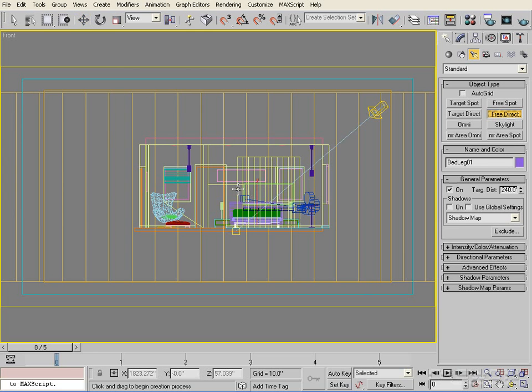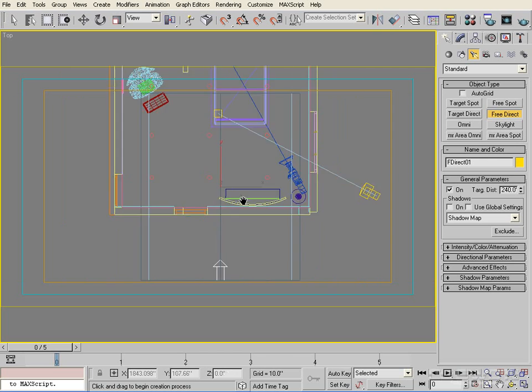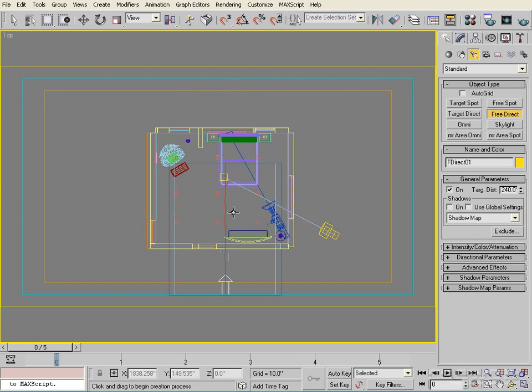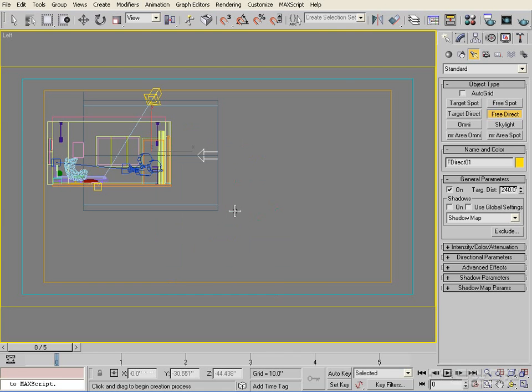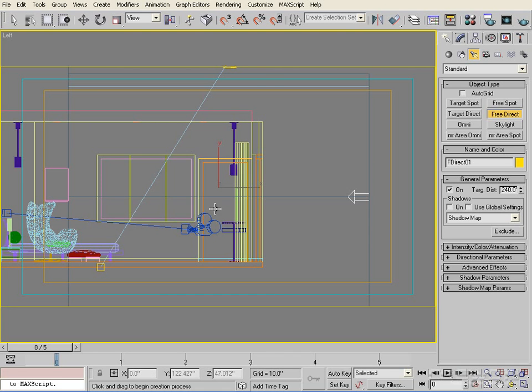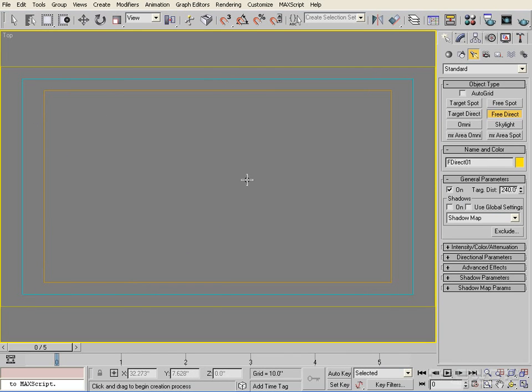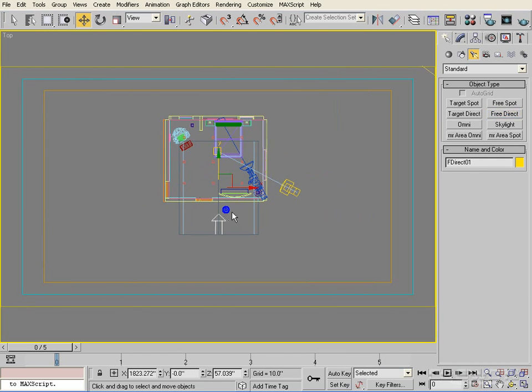We'll just click pretty much in the center of the room here in a front view, and then we'll go to a top view. I'm using the Z key to zoom to my geometry when I go to a new view, so if I went to a left view I can hit Z and it just snaps to the center of my selection. So in a top view, I'm just going to slide that back a little bit,